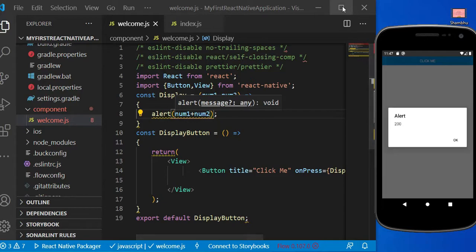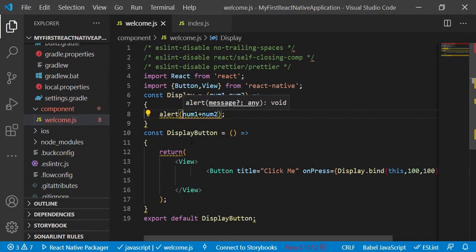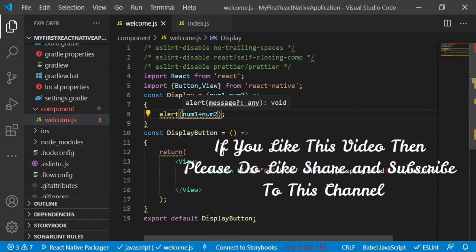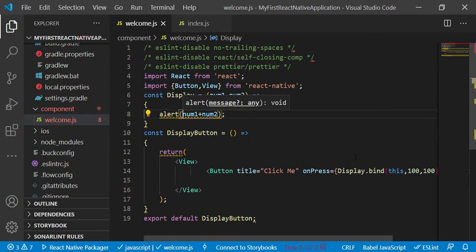So in this video we have discussed how to place a button component, how to handle the on-click event of a button, how to call functions on click of a button, and how to pass parameters to the function when you click on this button. I hope you are getting this point. In our subsequent videos we have to use the button component, so for that purpose I have just given you an overview of it. We will discuss the button component in detail later, because here we have only discussed limited properties of button like title and onPress. A few more properties are also there, and we will discuss those in subsequent videos in detail.